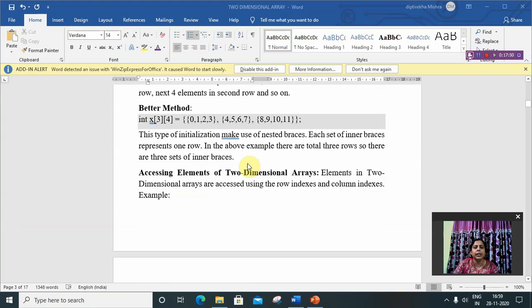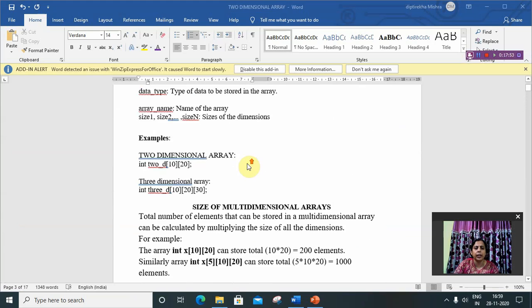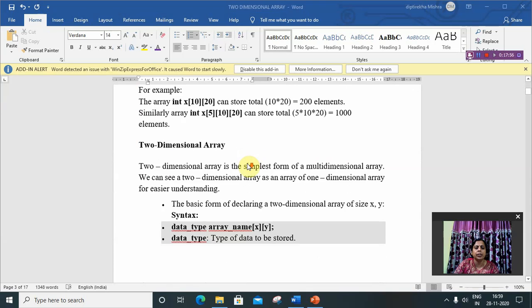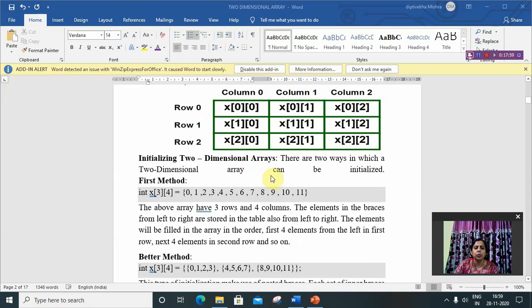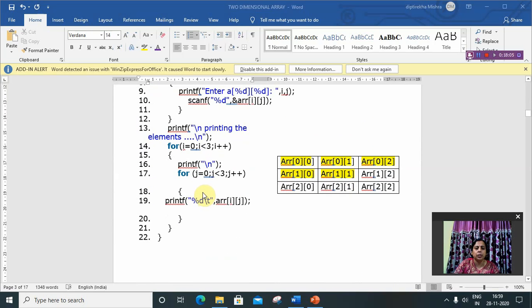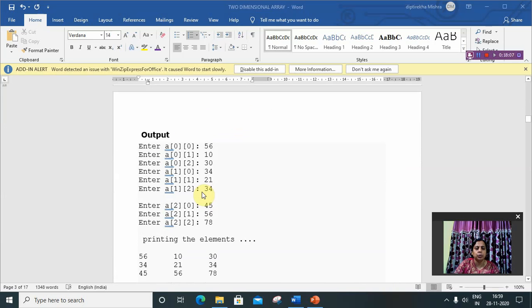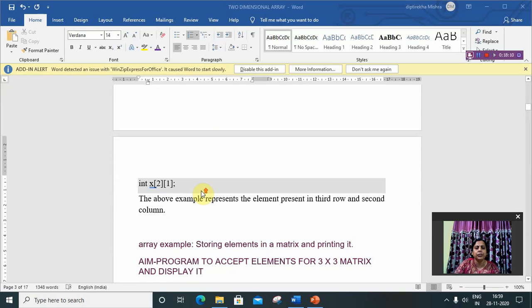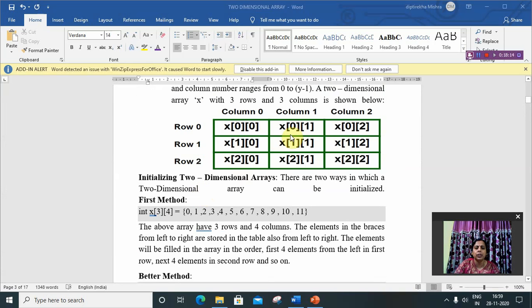Okay, so this is all about your 2D array, and this is the simple program to accept 3x3 matrix elements and display them. You have to write the theory about the array, multidimensional arrays, an introduction to two-dimensional arrays, and how to initialize them. You have to write this theory and this program in your record copy, along with the output and the figure displaying the index values of the 2D array, which should be drawn on the right side of the record. So write all the theory and the simple program in your record copy, and in the next class I will discuss more programming on 2D arrays.